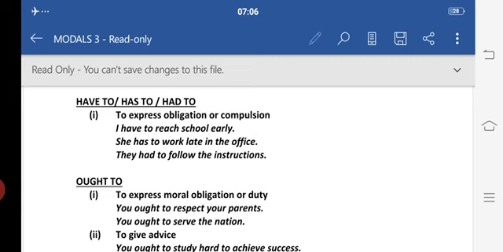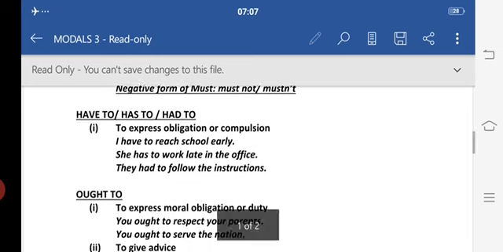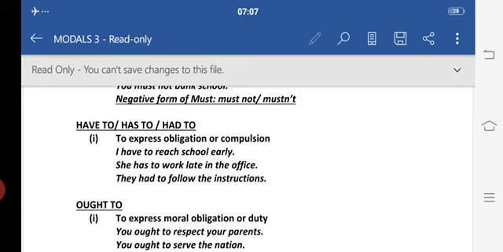When we have to say something must not, we use mustn't or must not form, that is the negative form of must, whereas the negative form of have to includes do, does and did, right? Do with the subjects like I, we, you and they, and does with he, she, it or any other subject. Now for example, must not shows the prohibition, means it is not allowed.